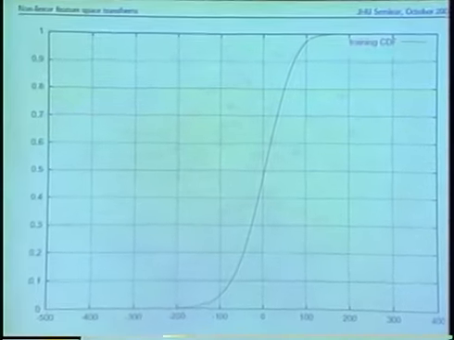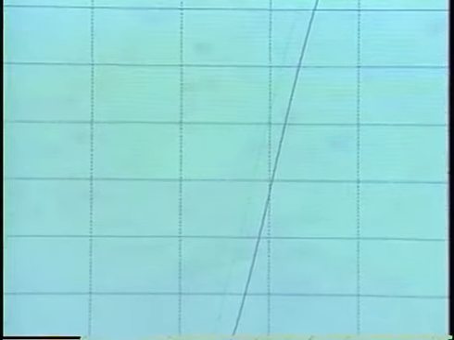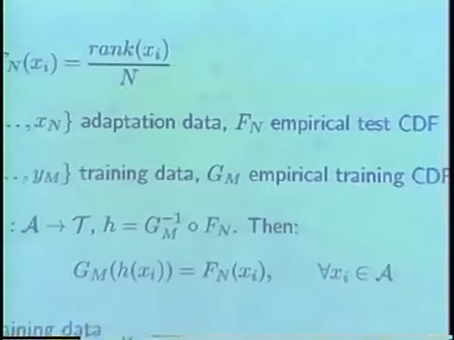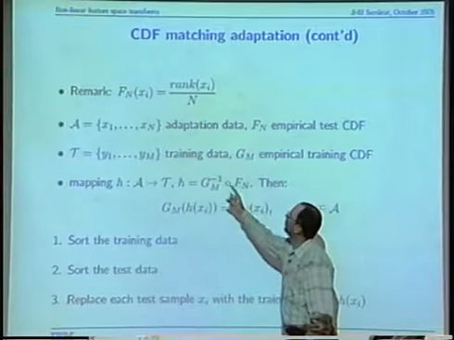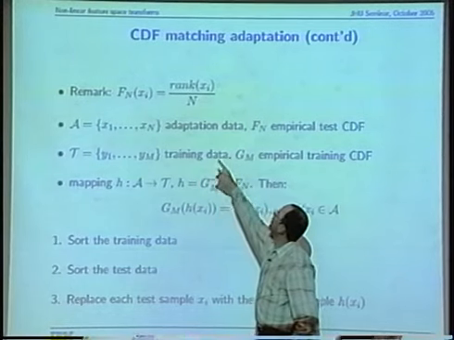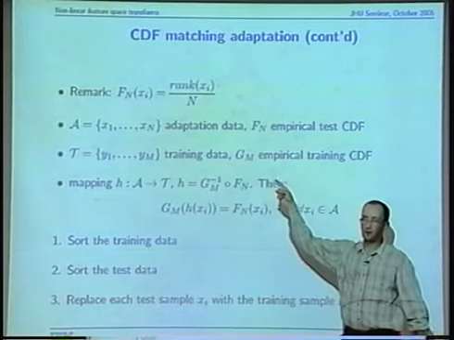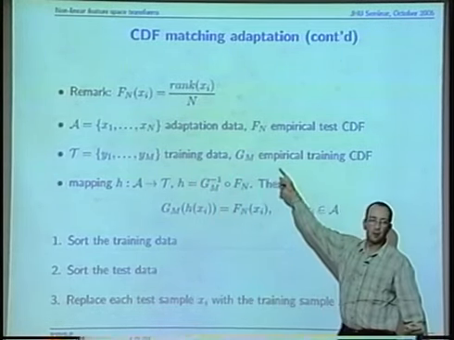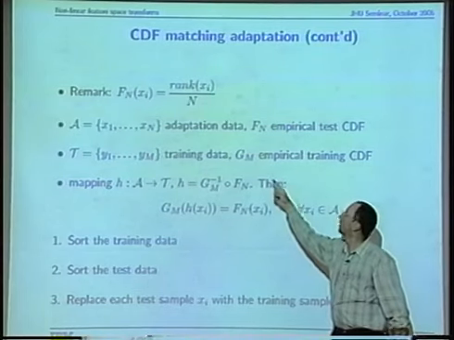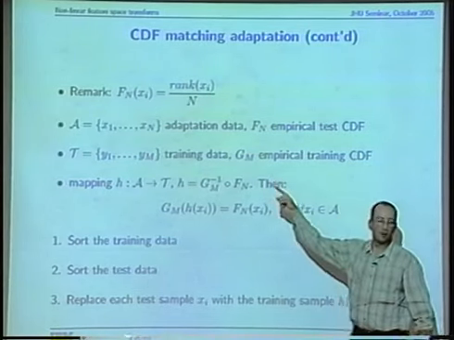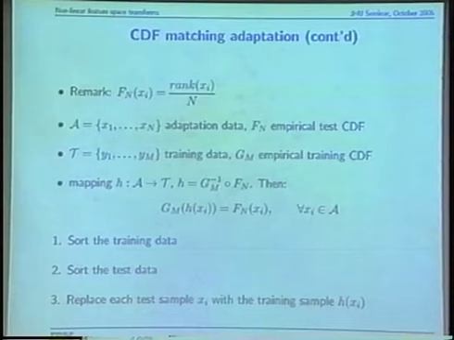So we want to map the test CDF in green to the training CDF in red. So how do we do that? Well, first let's notice that the empirical CDF, evaluated at one of the samples, is simply the rank of that sample in the sorted list of samples divided by the number of samples. Okay? So if you go back to the previous formula,